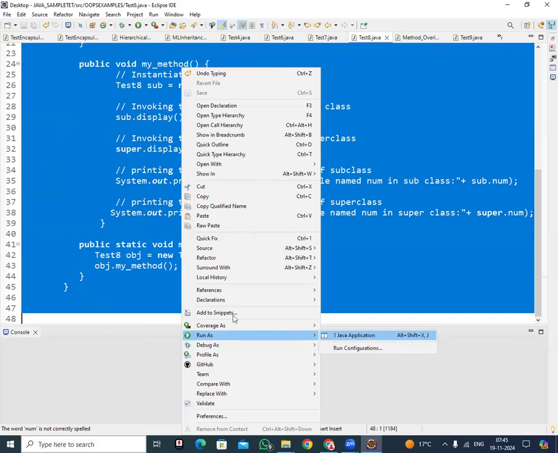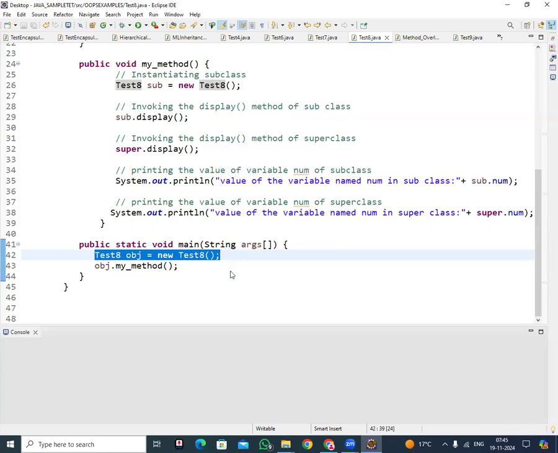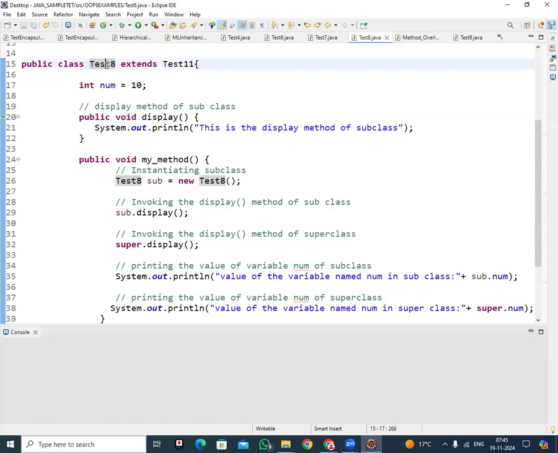Then it will print the value. When you run like this, the JVM will identify the main method and come to the first line of code inside the main method. What is the first line of code? Test8 means the child class name,